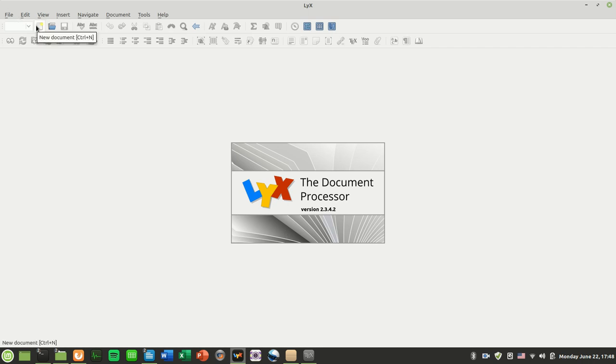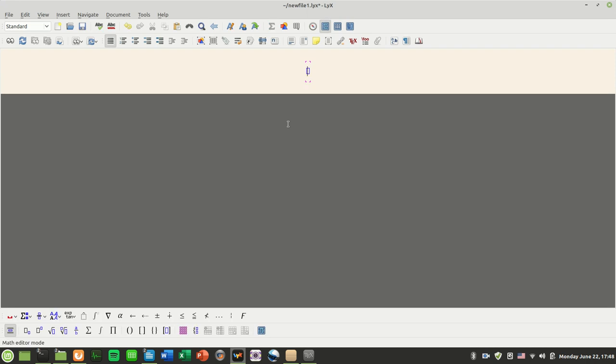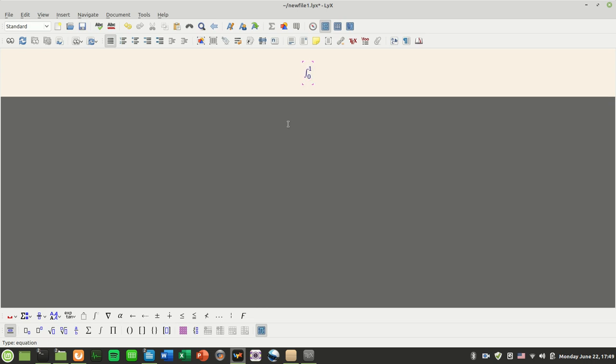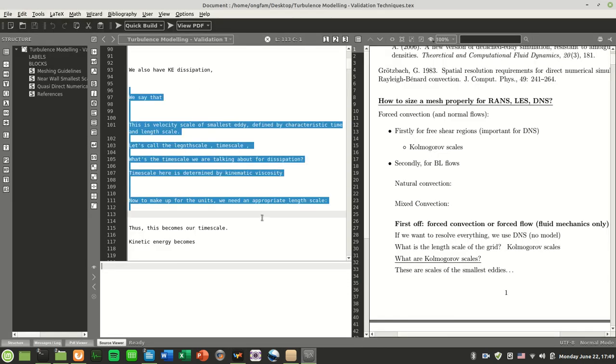So what is LibreOffice like? The workflow is something like this. If you want to input an equation, you can just type integral, and you press space, and then you have 0, and then you press space and go 1. Okay, if you just want to put in equations, it's very, very simple. You don't have to deal with the code as much as, let's say, in TeXMaker, but you don't see the